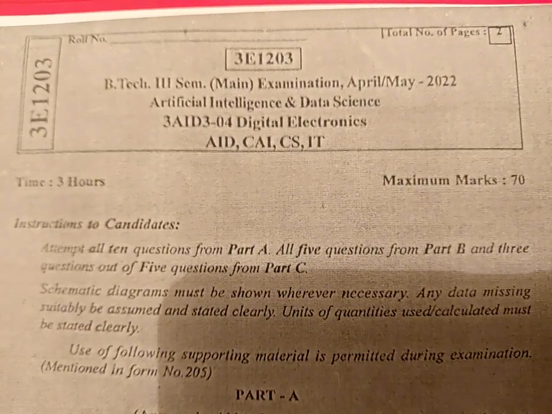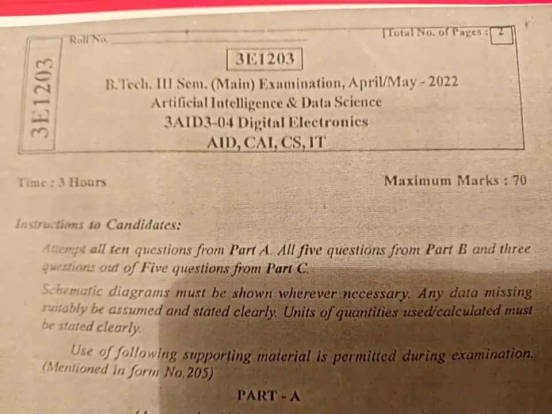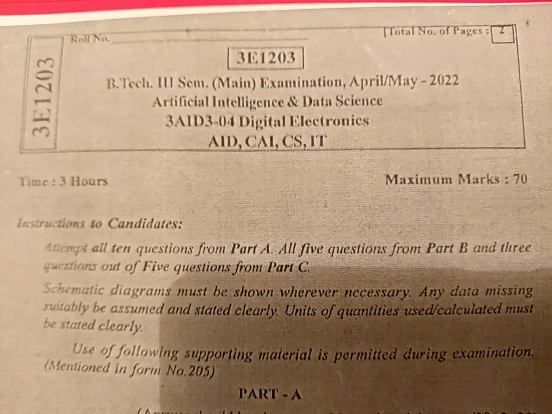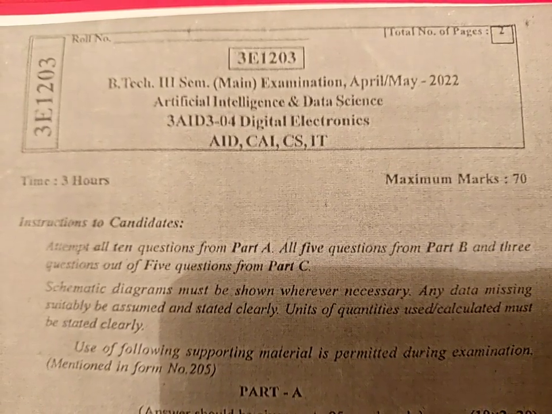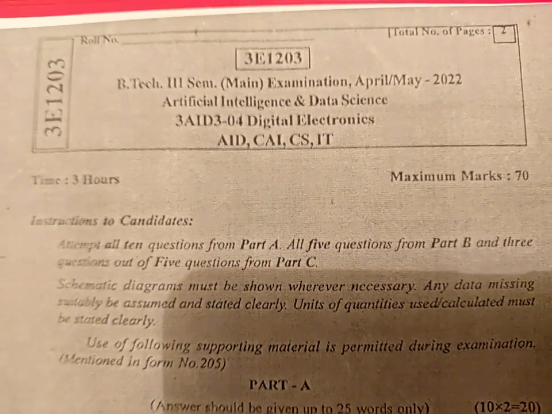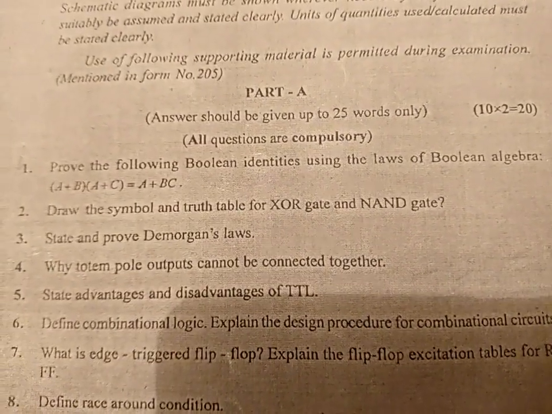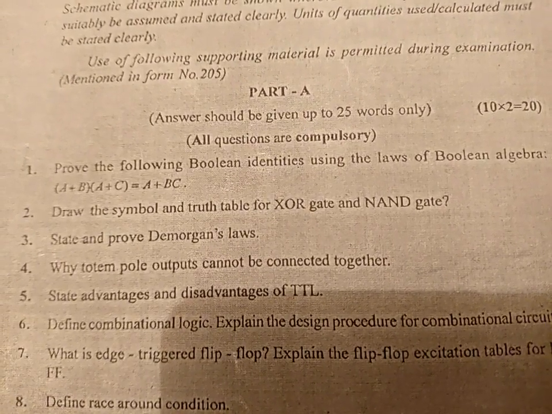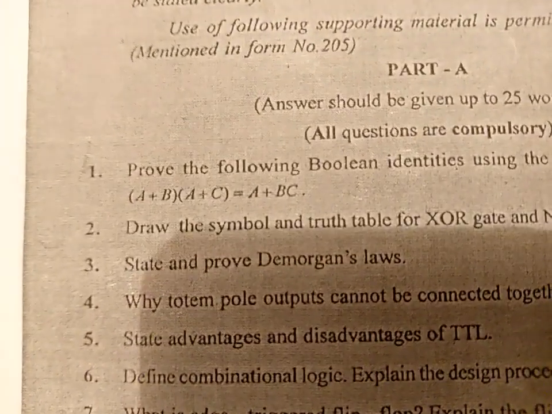I am Sandeep. Today we are solving a question from April 2022 Rajasthan Technical University's end term examination paper. The question is from part A, and we have to prove that the Boolean identity laws of Boolean algebra obey